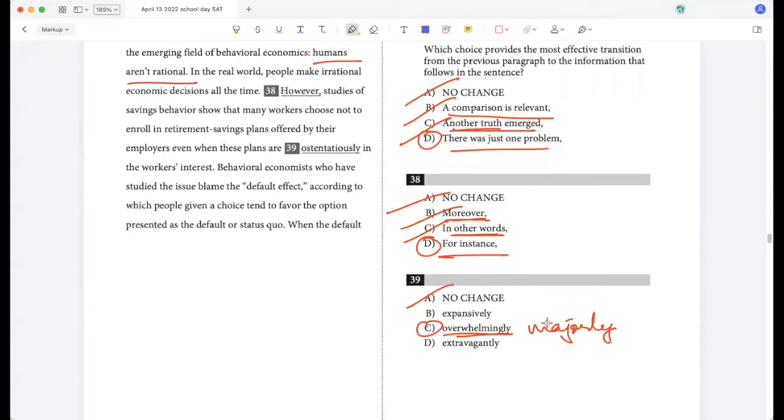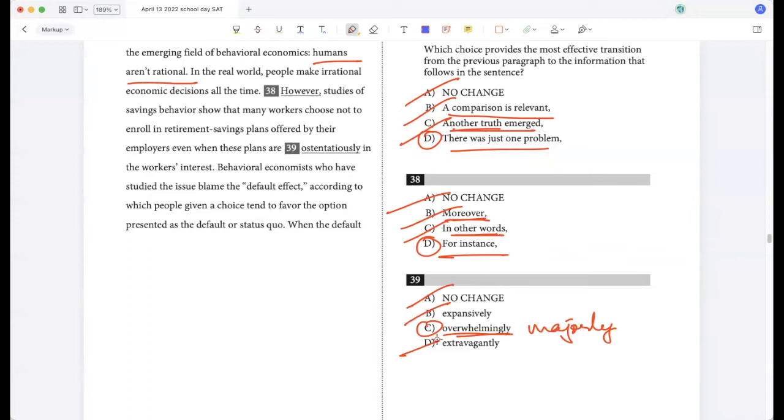Expansive is used in the context of a space or an idea that is huge, humongous, so it doesn't fit here. And extravagant is similar to ostentatious, so that doesn't fit here. So I'm talking about in a major way, majorly, overwhelmingly: the plans are in the workers' interest, yet they don't